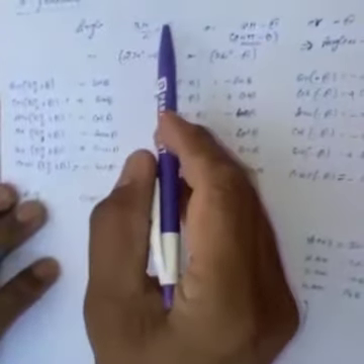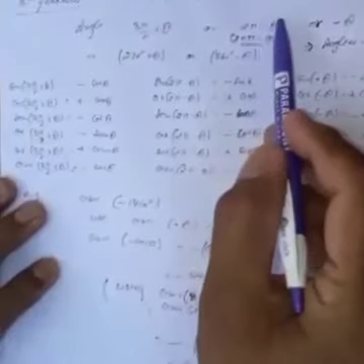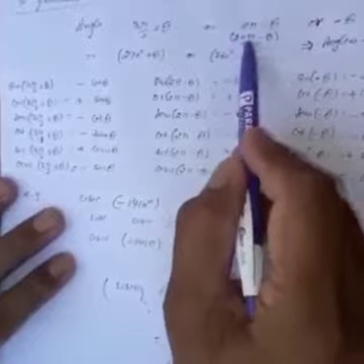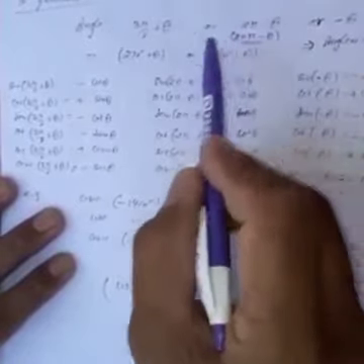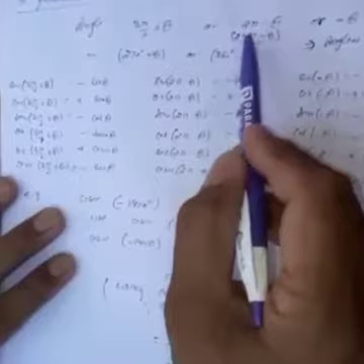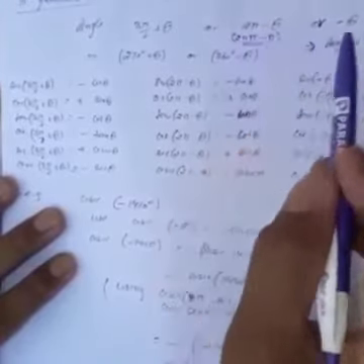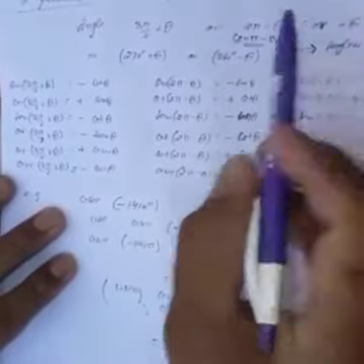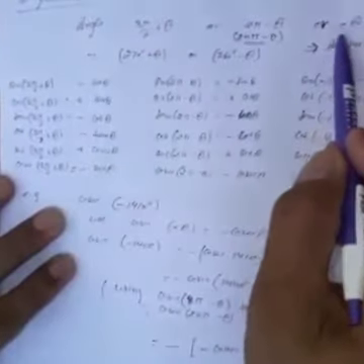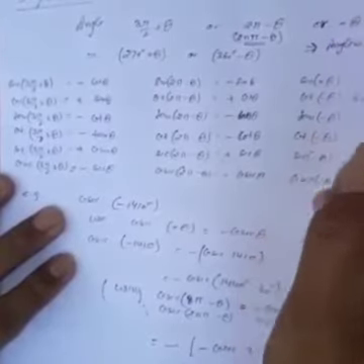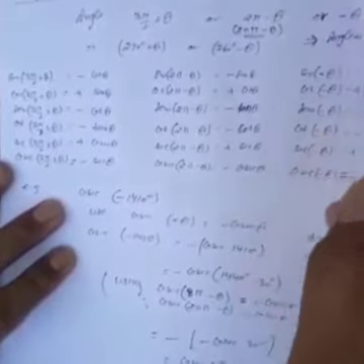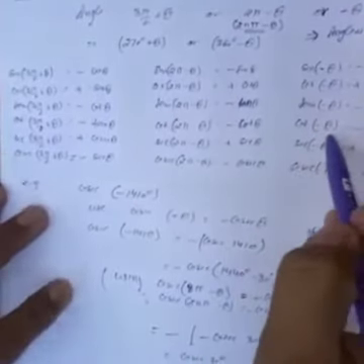In the fourth quadrant, the angle will be 3 pi by 2 plus theta, or 2 pi minus theta, and after 2 revolutions it will be 4 pi minus theta, and similarly in case of 3 revolutions 6 pi, and n revolutions then 2n pi minus theta. And when the angle is negative, that will also be considered in the fourth quadrant. In this case, theta is not necessarily an acute angle, it may be any angle theta, and if it is a negative angle, that will be considered in the fourth quadrant only.